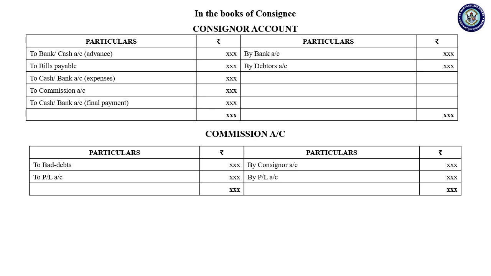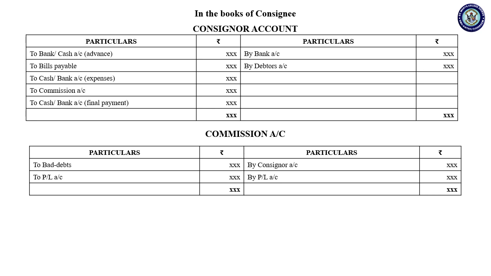So just observe the consignee's account. It is almost the same entry, but on the opposite side. What you write on the debit side is written on the credit side, and what you write on the credit side is written on the debit side. So it is almost opposite, right? All the entries are similar, but two or three entries are different, like commission and consignment bank. So that way you have written that.